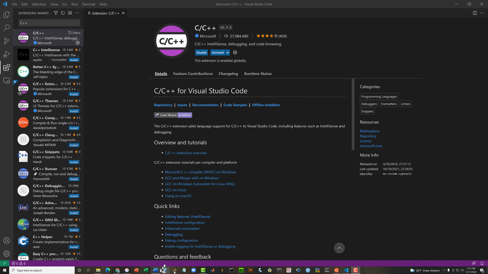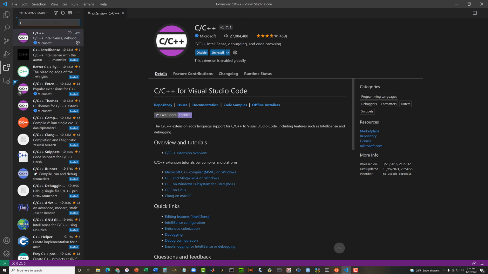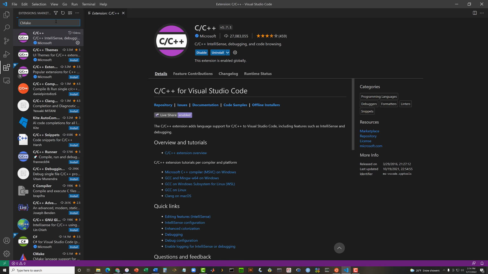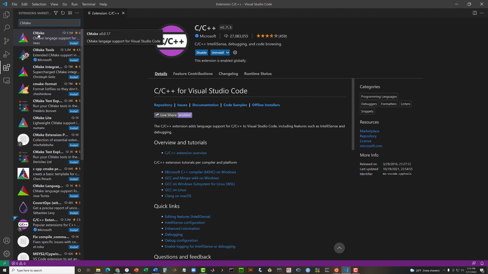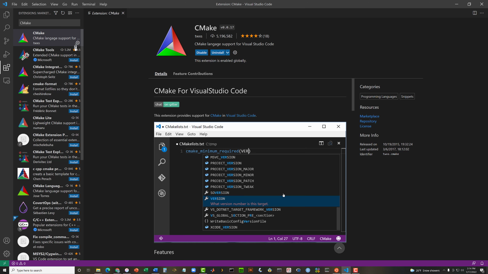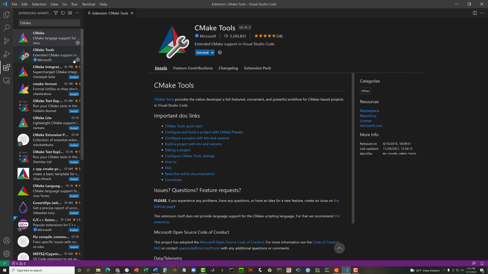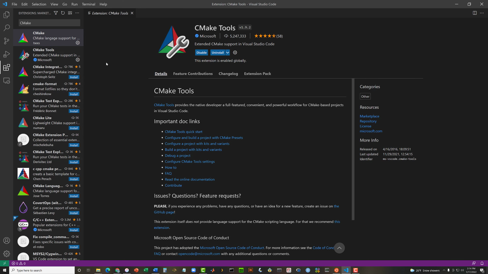So next up, we need to install CMake and CMake Tools. So let's do a search for CMake. And here we go, CMake and CMake Tools. So we'll install CMake. And we will install CMake Tools. Okay, so now